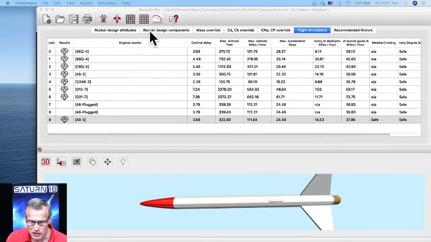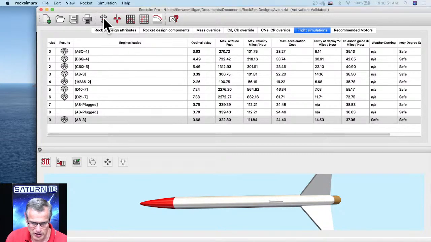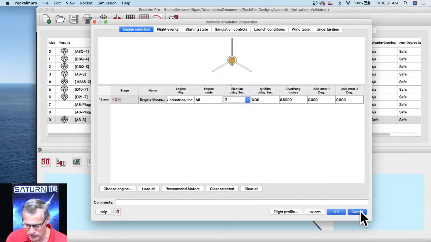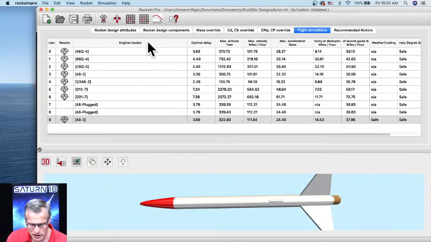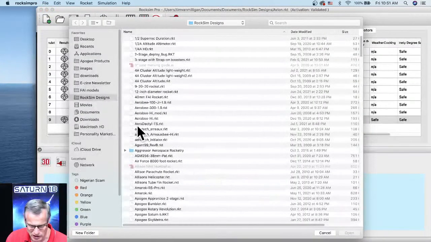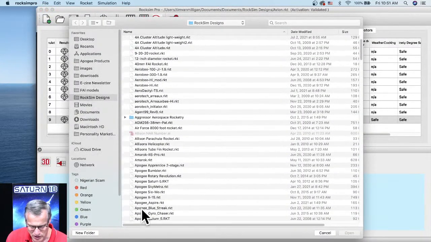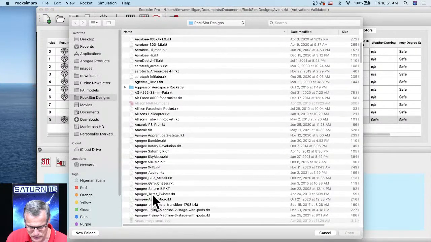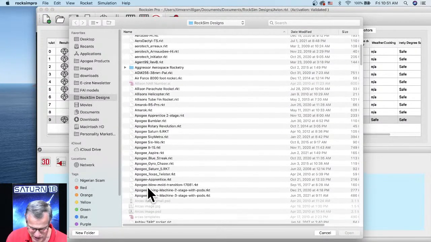Okay, so here's RockSim Pro, and I want to open a design. That was launch. I don't want to do that. Open a new design. Let's find something. We could have used the Avion, but let's use something a little bit more exciting. Not that the Avion's not exciting, but